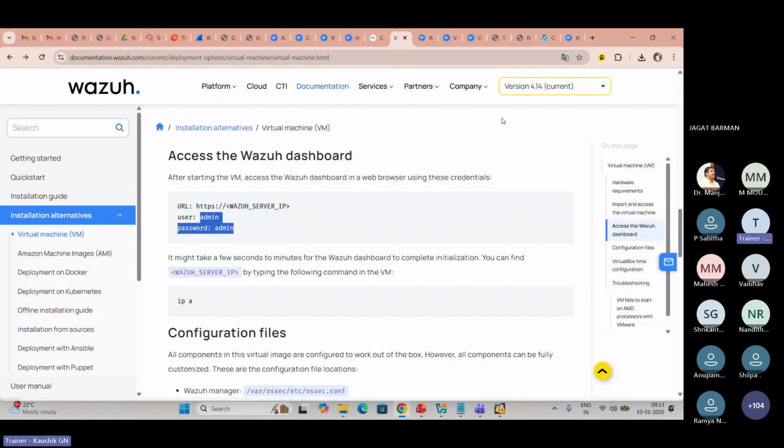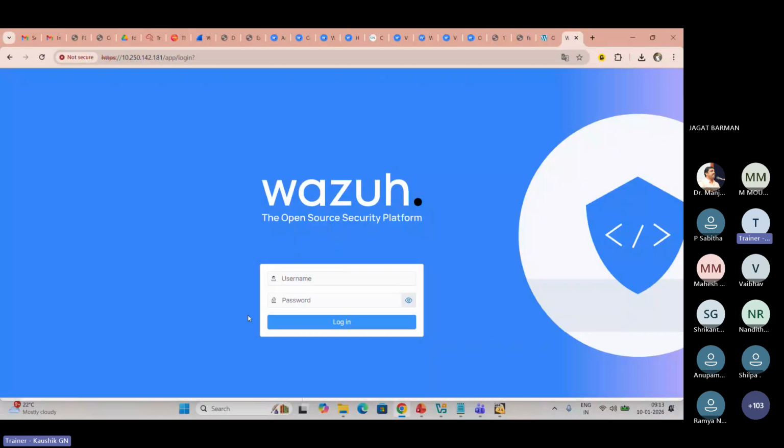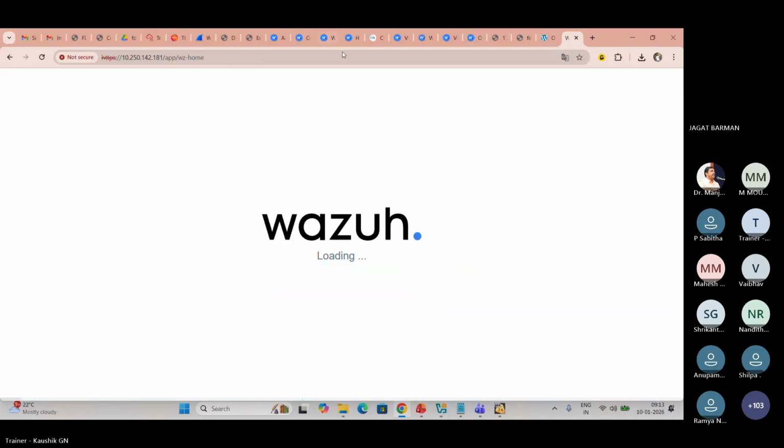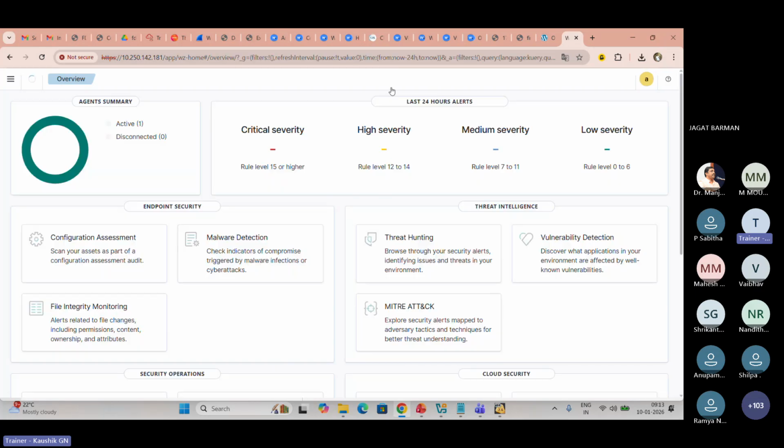It is admin, the same admin, because here I have logged in as root. Admin login. The installation process is very user friendly. You can do it. This is how the Wazuh dashboard will look.